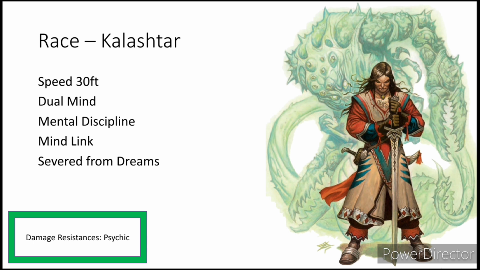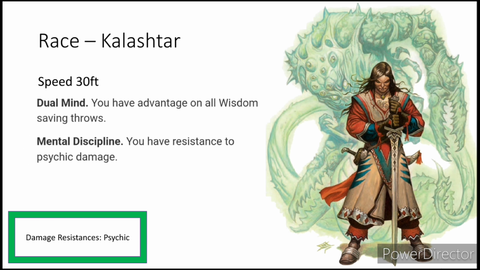But let's go ahead and move on to the second race option, and that is going to be the Kalashtar. This is because they have resistance to psychic damage. So if somebody is going to deal psychic damage to us, it's going to be halved. But we also have access to dual mind and mental discipline, which mental discipline is where we're getting our psychic damage from, but that dual mind ability gives us advantage on our wisdom saving throws,